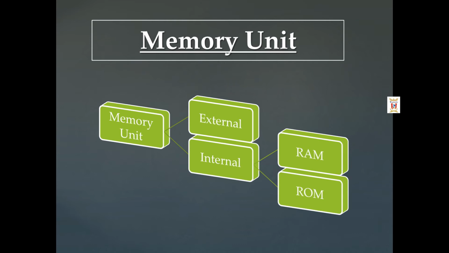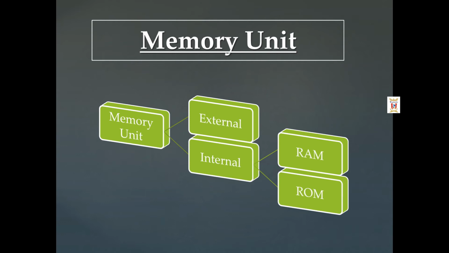First is RAM, random access memory. It is a type of internal memory that can be accessed randomly. Whatever information we enter into the computer goes into the RAM and remains there as long as we are working on the application. This type of memory is called volatile memory. It has 4 types: DRAM, that is dynamic RAM; SRAM, static RAM; SDRAM, synchronous dynamic RAM; and DDR, double data rate memory.